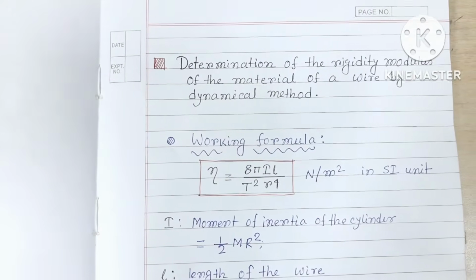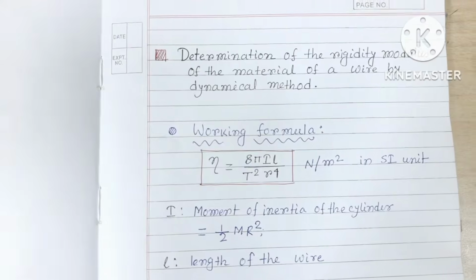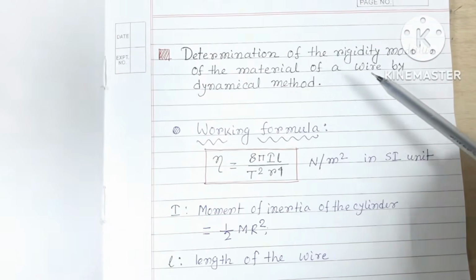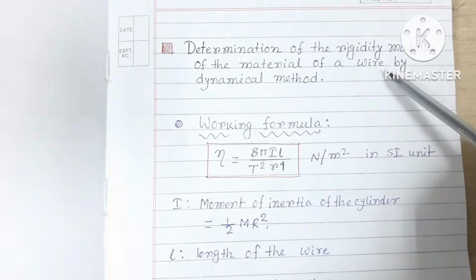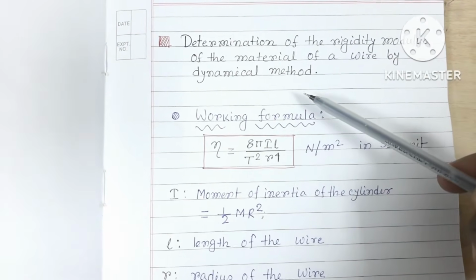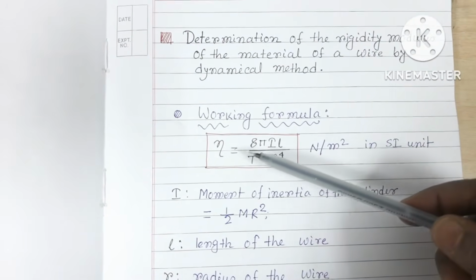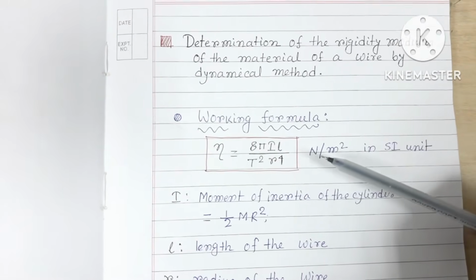Everyone, today we'll discuss another physics experiment for the engineering physics course, which is the determination of the rigidity modulus of the material of a wire by the dynamical method. That means we have to determine the rigidity modulus of a metallic wire, and the method is the dynamical method. So what is the working formula for that? The rigidity modulus is 8 pi I L by T square r to the power 4 in Newton per meter square